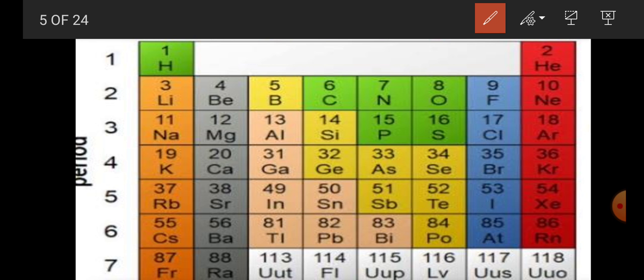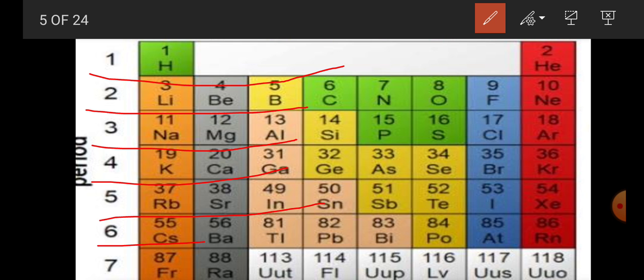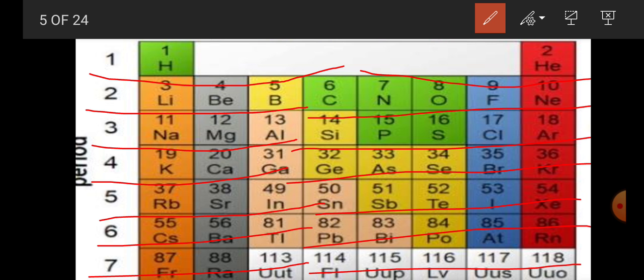these are the periods: period 1, period 2, period 3, period 4, period 5, period 6 and period 7. So we can say that the modern periodic table consists of the 7 periods, meaning the horizontal rows are known as periods,